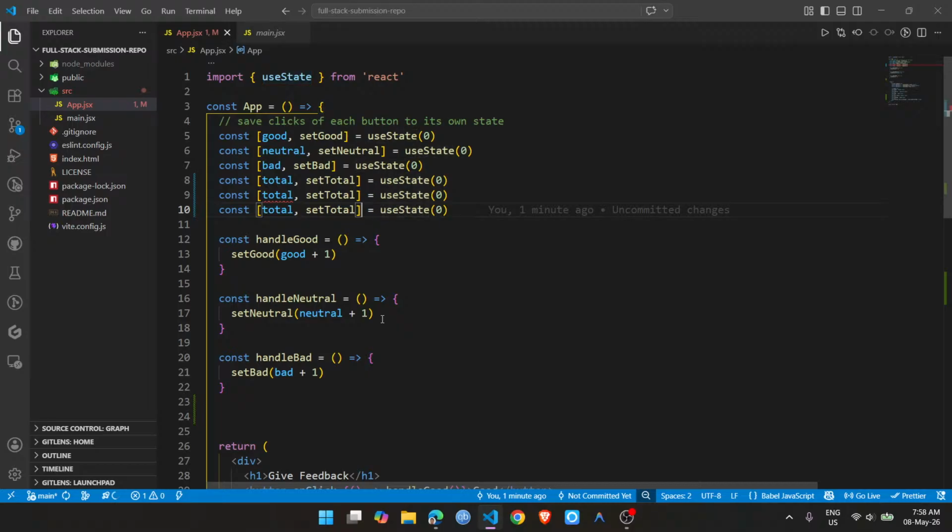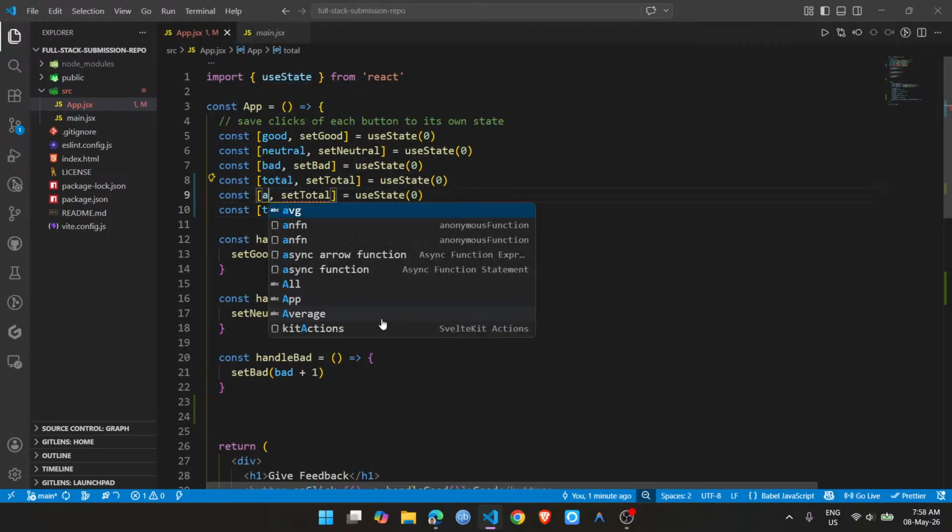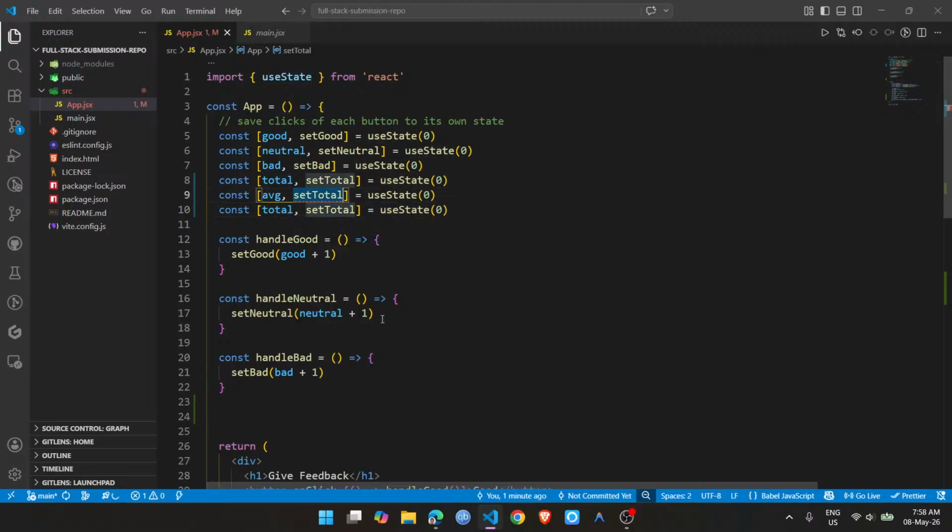Now all I have to do is total avg, set avg, positive percentage, set positive percentage,